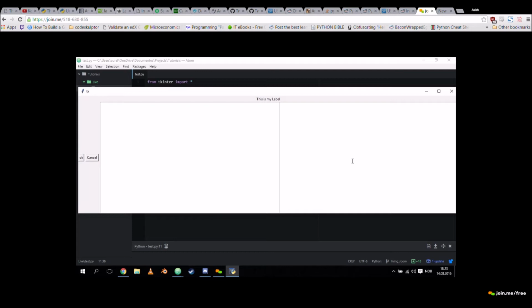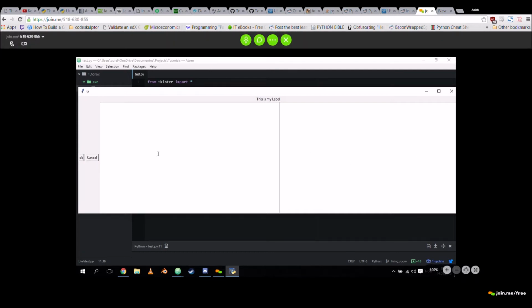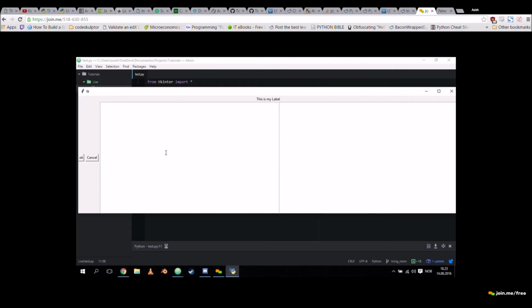Okay, that worked, but now our buttons are on the left. That doesn't make any sense. And this is the part where people start to tug at their hair, because this is a thing that has to be understood when it comes to how Tkinter works. So the first thing we're going to do is frame things differently.